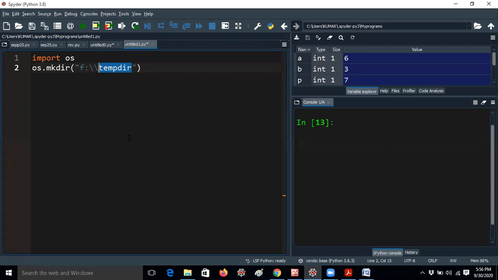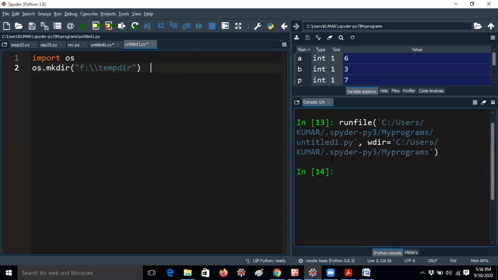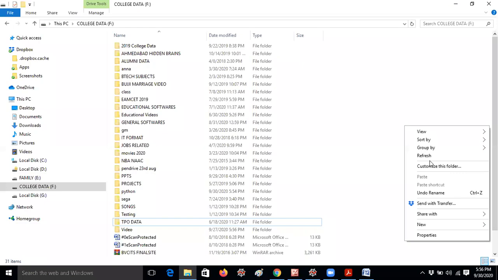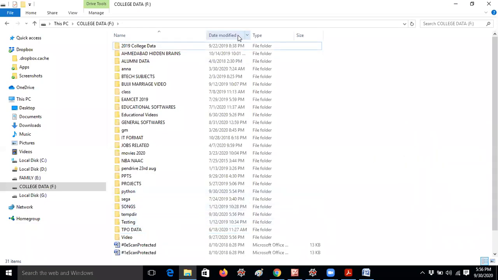For example, if I would like to maintain my files, resumes and all, I would like to create a folder like resume, and the directory will be created automatically. So first of all I would like to run this line. I'm not getting anything here, but I would like to open this directory again. I'm refreshing the console here. You can see the temp directory is there, and it was created just now. Whatever I created as a folder earlier, instead of that it is created automatically when I run this code.